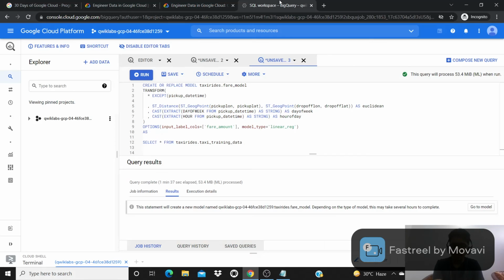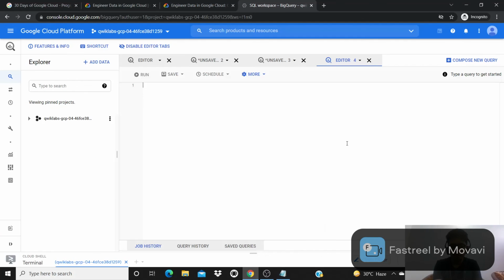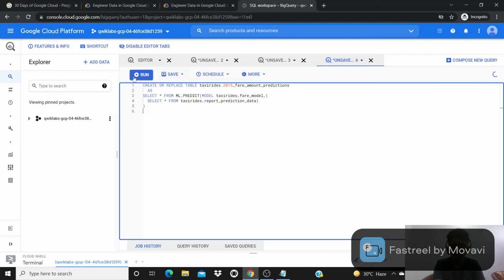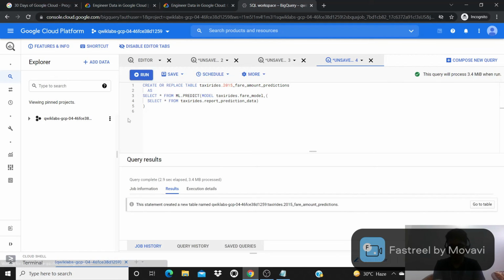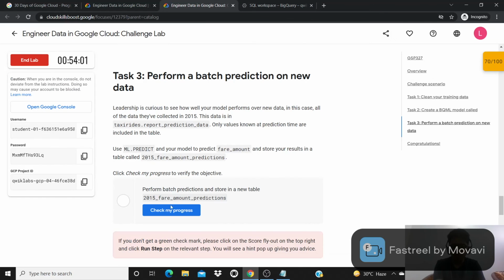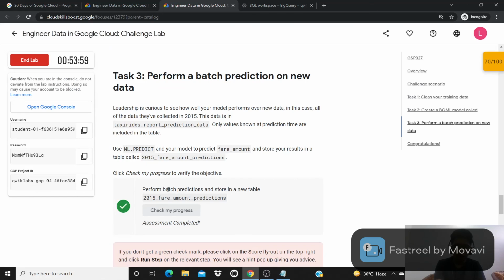So let's again create a new query, compose new query. Now this piece of code will create a new table which stores the predicted amount. So we can see that this statement created a new table named Quick Labs GCP. So we have also successfully created a new table.